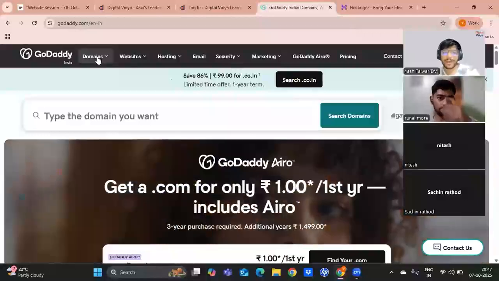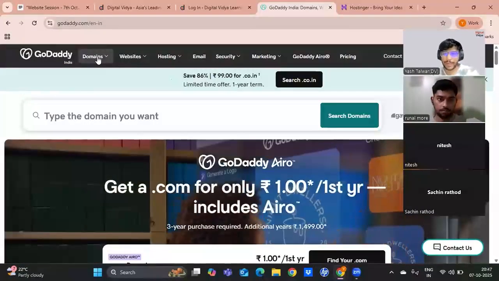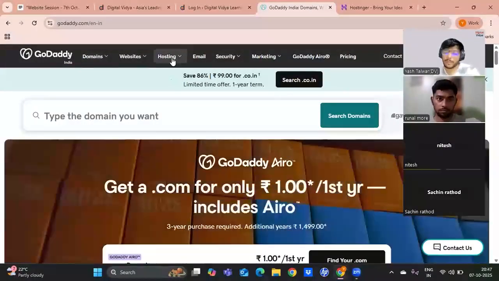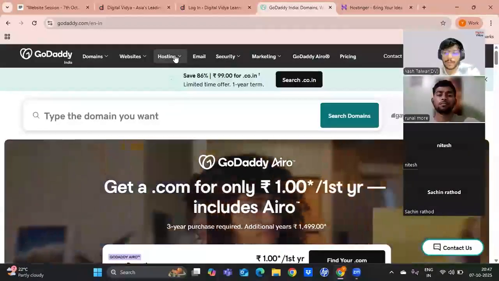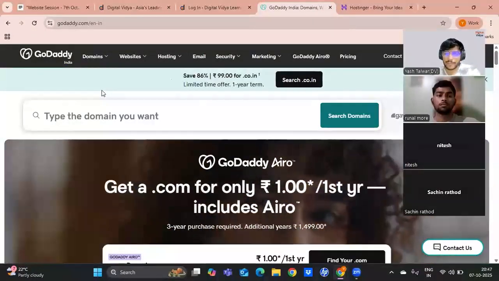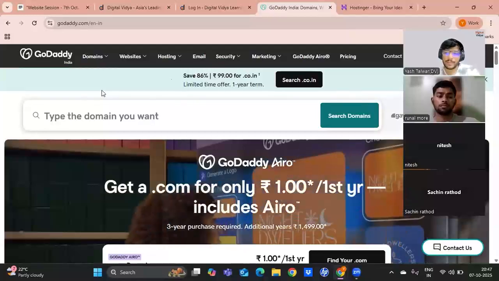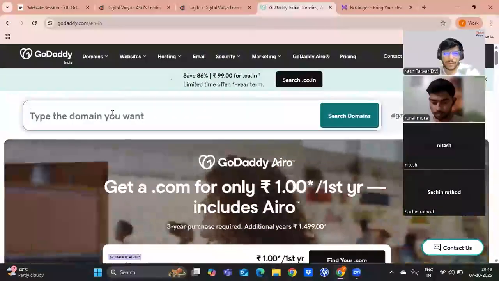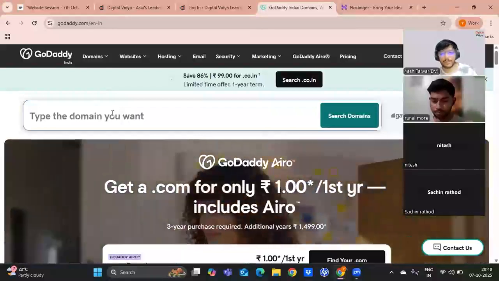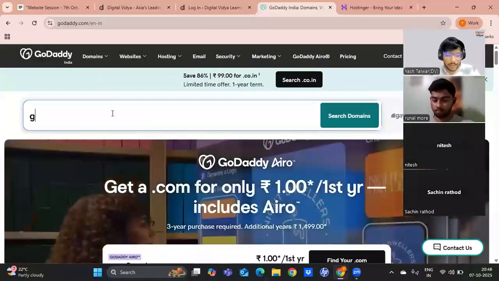This GoDaddy is known more as a domain registrar. You can take up hosting from GoDaddy as well, but it's a domain first kind of website. Domains are their hero products, you can say. So let's search for a domain here.